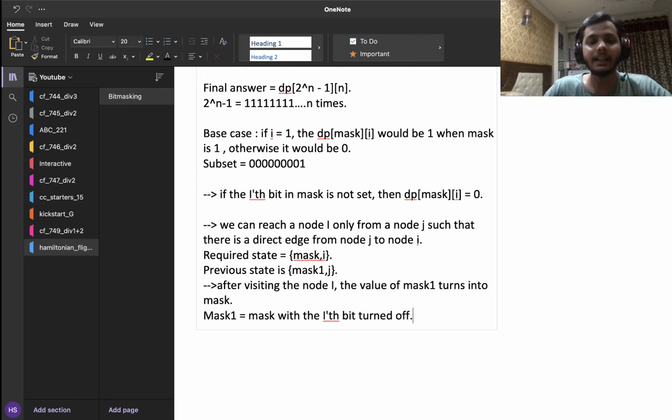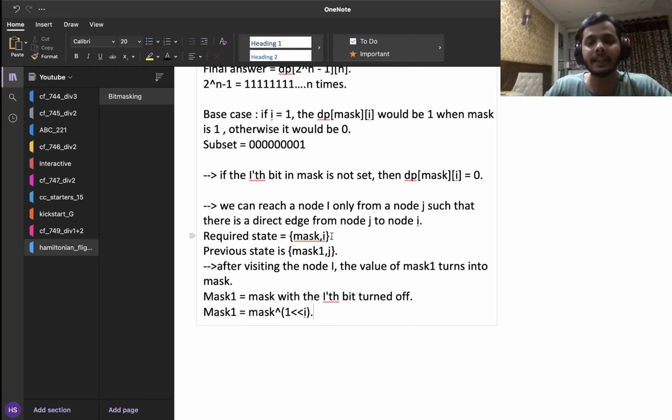Yeah, so this is done, right? I can transition from all the nodes which have a direct edge to the ith node, and the mask value is mask XOR 1i, and this 1i is just 2 to the power I, right?